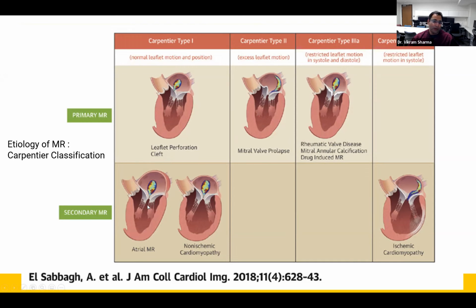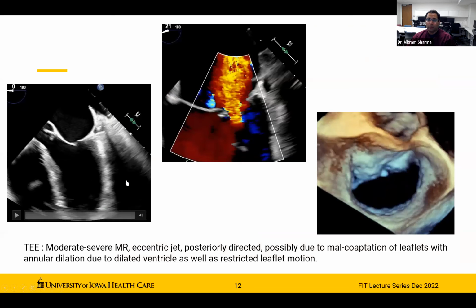shown here. So atrial mitral regurgitation, which is really a condition that can happen due to chronic atrial fibrillation that can lead to progressive atrial dilatation, and as a result, stretching of the mitral annulus, causing a central jet of mitral regurgitation, as well as non-ischemic cardiomyopathy, again stretching that annulus while the leaflet motion is pretty normal here. And then here is ischemic cardiomyopathy, which is Carpentier type 3B, where there is a restricted leaflet motion in systole as a result of papillary dysfunction or ischemic injury. So, primary and secondary mitral regurgitation are managed in quite different ways, and we will talk about that in the